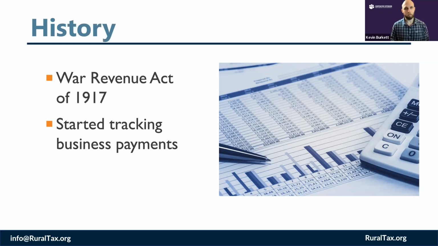So now that requirement has been lowered just a little bit. It is now $600. But basically, those requirements are the same, and we'll talk a little bit more about that. So back in the day, it was $800, but if you adjust that for inflation, for that time period, it was close to, I think, a little over $40,000. So it was a pretty significant amount that caused this filing requirement to happen. So nowadays, like I said, it's been lowered to $600. It's changed a little bit, but that is the original creation of the 1099, from that War Revenue Act.